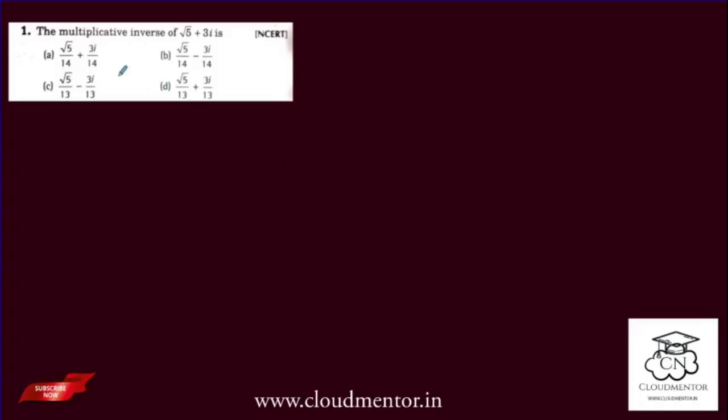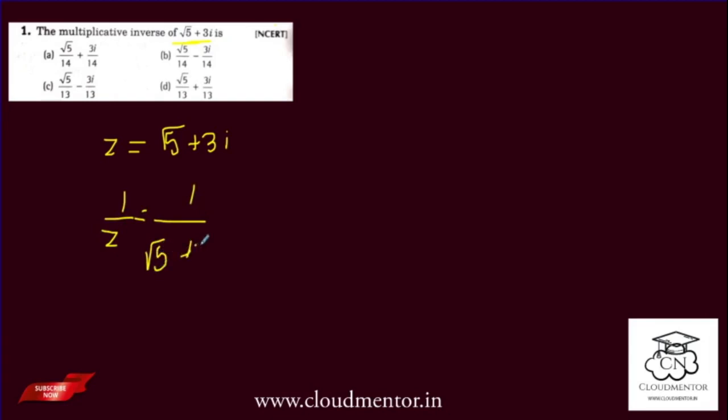The multiplicative inverse of root 5 plus 3i is what? So for finding the multiplicative inverse, this is the combination where we need to take the multiplicative inverse. So let z equal to root 5 plus 3i. Then 1 by z is the multiplicative inverse, right? Yes, so 1 by